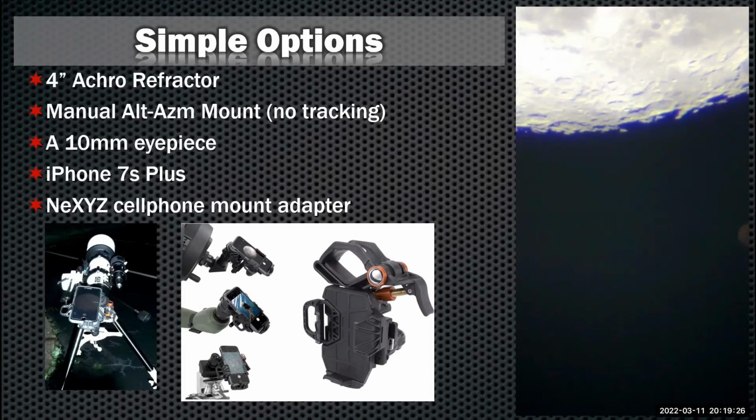The other thing you can do, and Mike actually has it pictured right here in the center of the screen, is put your cell phone in and then crank the cell phone down to where you can actually look through the eyepiece, make sure you're centered, and then you just twist it back up. Then all you have to do is maybe go side to side a little bit, and your object will be in there. Those are some of the things that can take some of the initial frustration out of using the XYZ when you first get it.